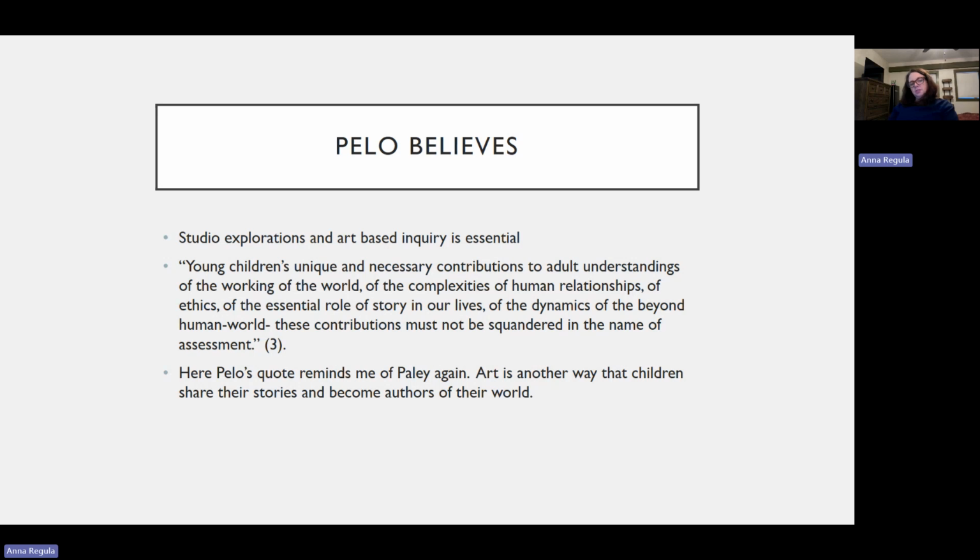And this is in a section in the introduction where Paley's really talking about how our kindergartens and pre-Ks and first grades are just being taken over by standardized assessments, and that time for actual explorations with the arts is so limited. And this reminds me of Paley again when she's saying, her approach to literacy does take time and it does take intention. And it doesn't find a lot of value in these standardized tests, because we're not empowering children to be authors in their own lives. We're saying,